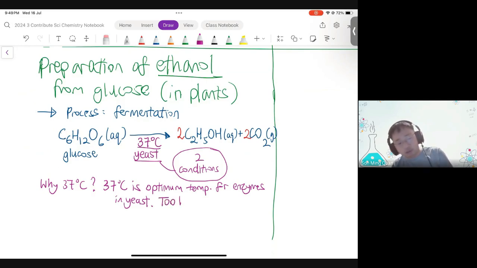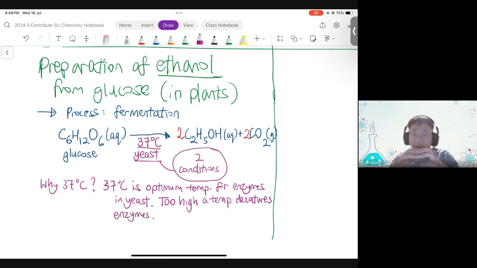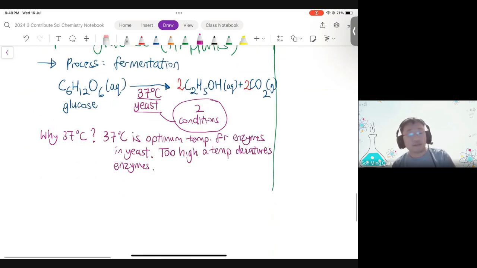Importantly, too high a temperature will denature the enzymes. What it means is that the enzyme changes shape. Denature means to change shape. If the enzyme denatures, it will not work. Fermentation will stop. So that's the why 37 degrees Celsius. Next,